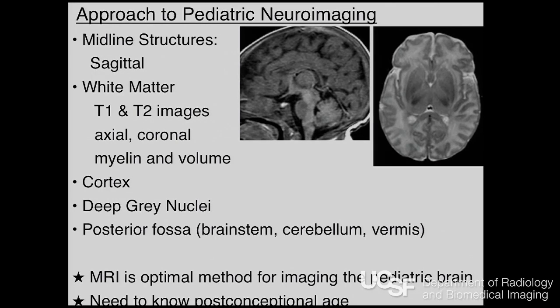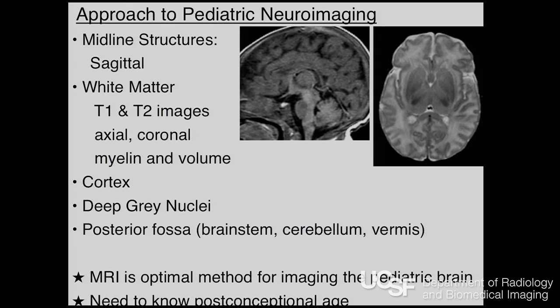Beyond that, I then look at the overall white matter on typically axial or coronal images, looking again at the intensity of the white matter, which is a reflection of the myelination and can be a reflection also of focal abnormalities within the white matter, and looking also at the white matter volume by looking at the depths of the sulci and seeing how far they extend medially towards the ventricles. Also, I look at the surface of the brain to look at the sulcation pattern, and that I find is preferable on sagittal images,